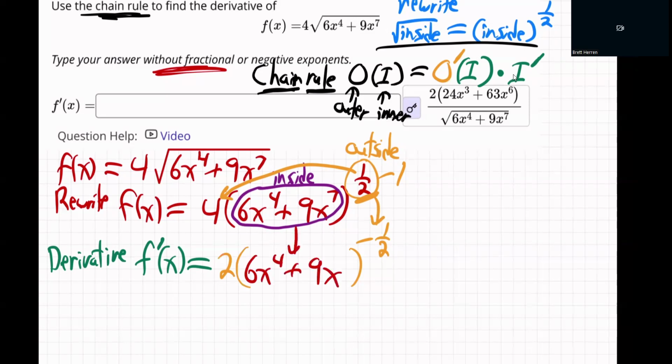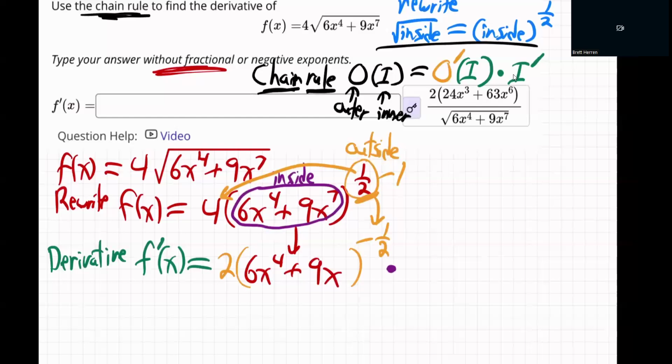Just bring it right there. That's the inside function, right? So far, so good. We did the derivative of the outside, right? The half came down. Half of 4 is 2. Subtract 1 from the power. That's 1 half, take away 1 is minus a half, right? And keep the inside function the same. There it is. Times, we're not done yet, times